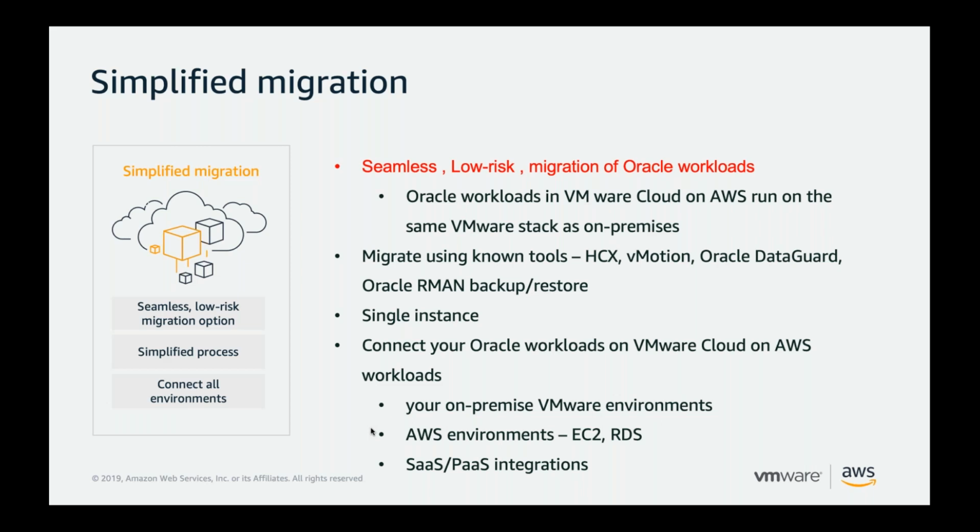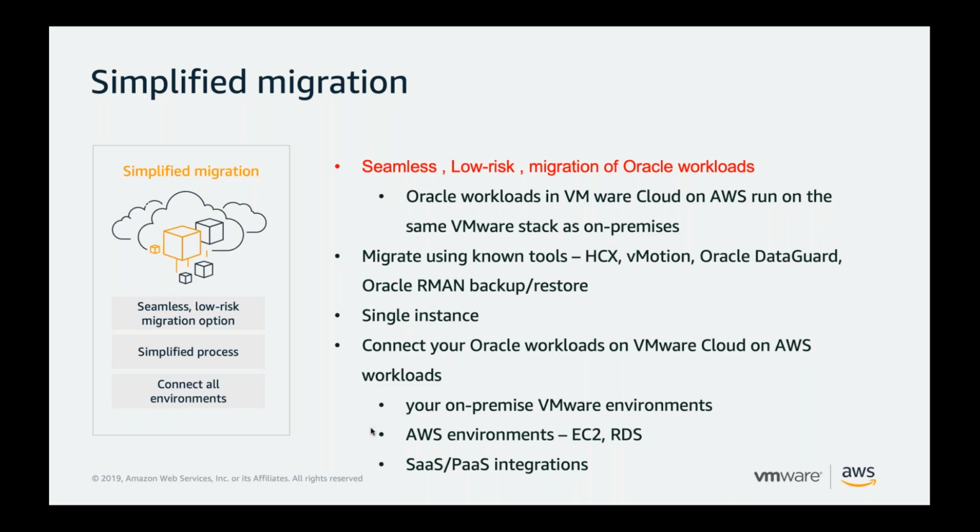Owing to the fact that the underlying VMware stack is basically the same on both on-premises and VMware Cloud on AWS, this ensures a seamless, low-risk migration of Oracle workloads from on-premises to VMware Cloud on AWS and back, because essentially there are no VM conversions, no application refactoring, and hence no application downtime. There are no networking changes, provided there's a layer 2 VPN capability between the on-premises SDDC and